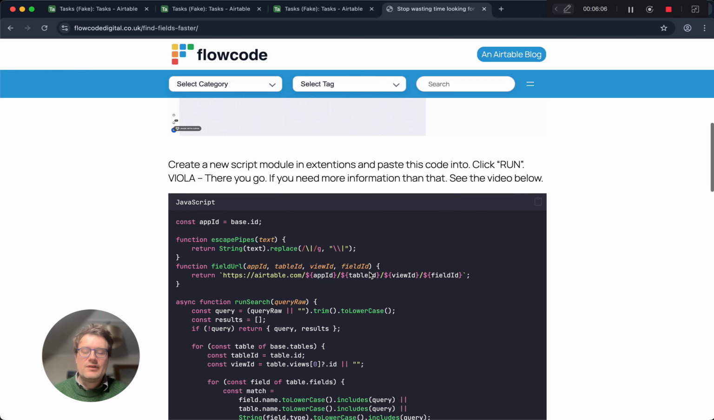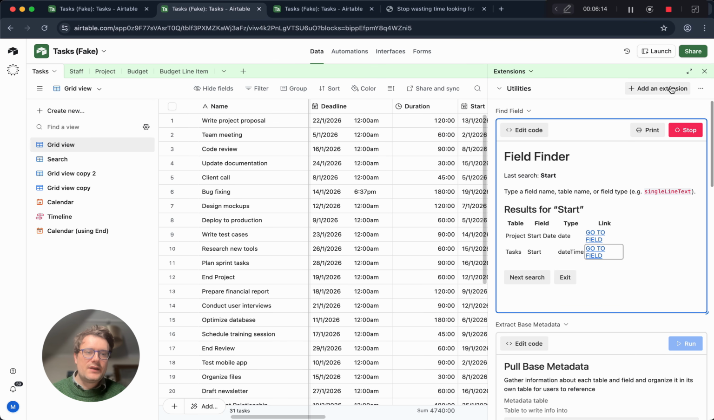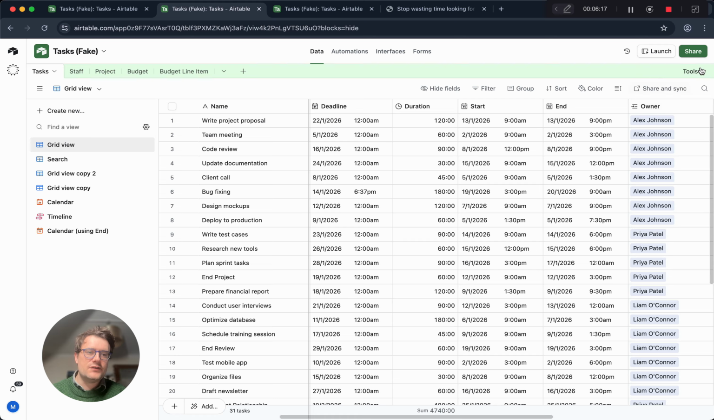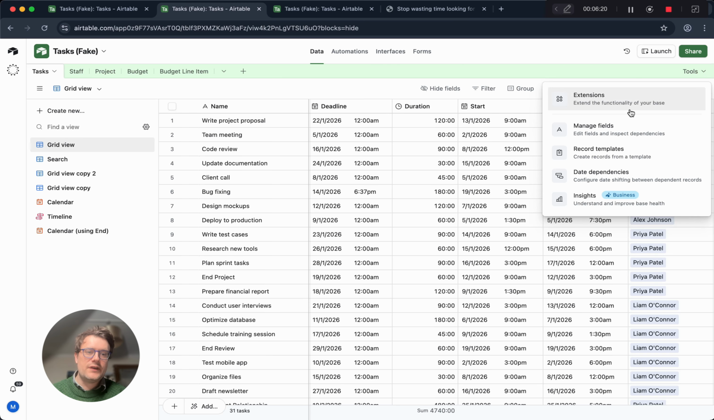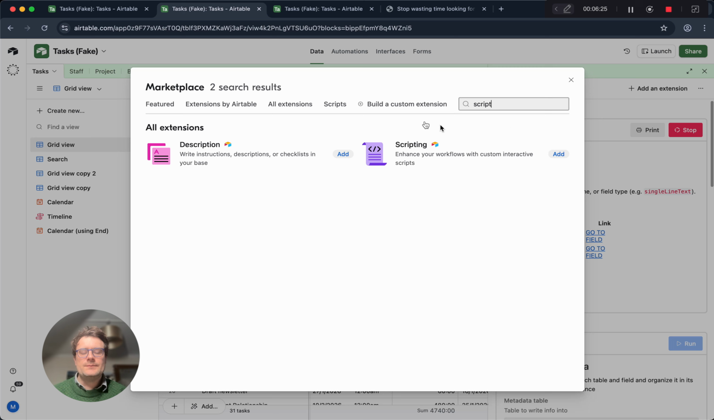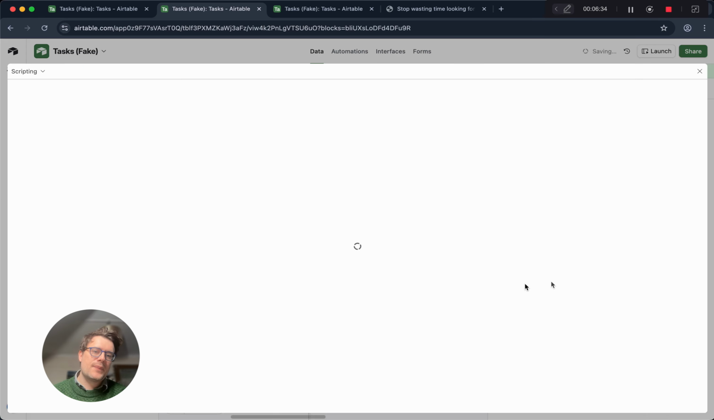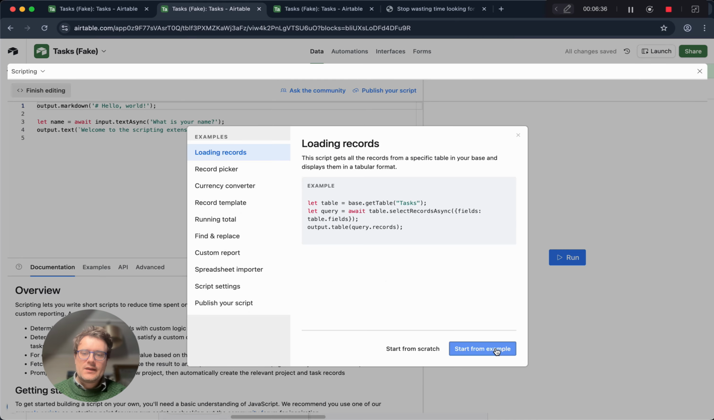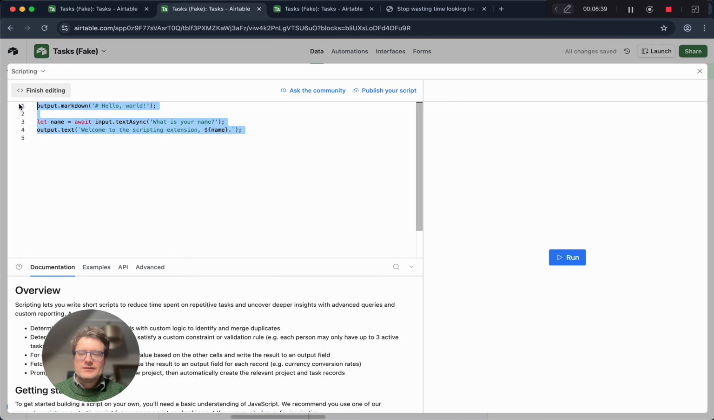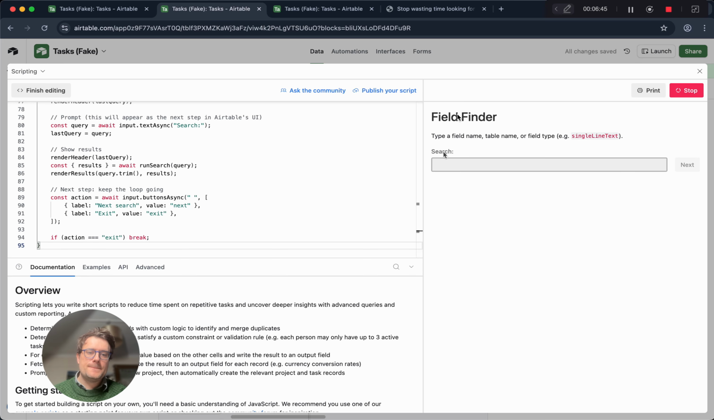And for those who don't know how the scripting extension works, I'll just show you how to install this into your base. So just copy this code, go to the base, click, well, you may have to open the extensions window, which is here in Tools, Extensions. Click Add Extension. Then you need to search for the scripting extension, which is provided by Airtable. Add this extension to one of your tool panels. Click through this, start from scratch, and then we just delete what's here. We can paste in our code, and you can test it by clicking Run here,